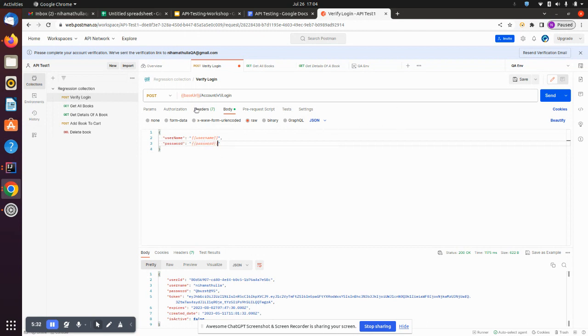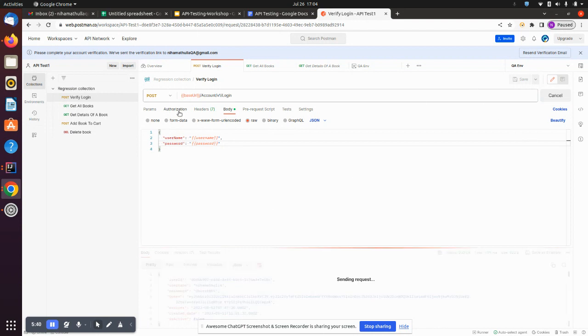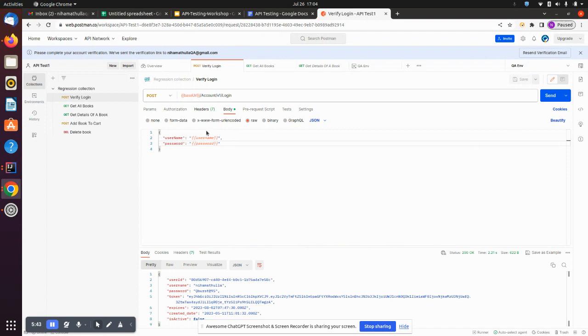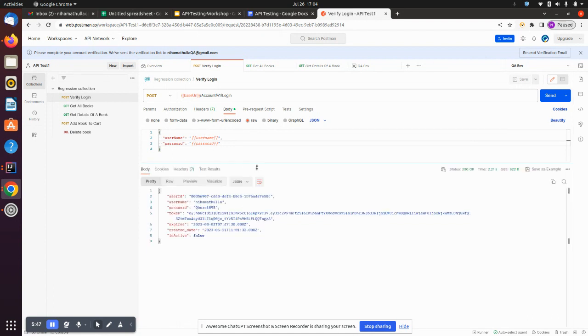Now we updated all the hard-coded data from our login, and we can save this particular request. Now, if I click on the send button, it will retrieve the data from our QA environment and submit that request. So I'm getting the success response with the username Nihmatullah and password Kibas95, and the URL